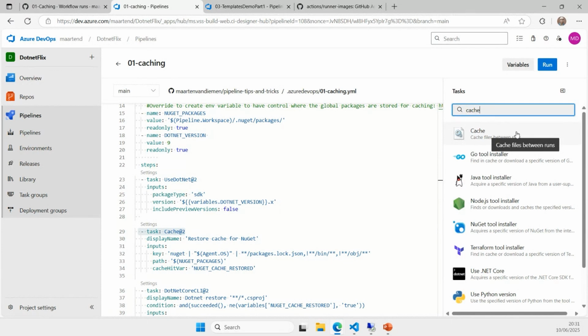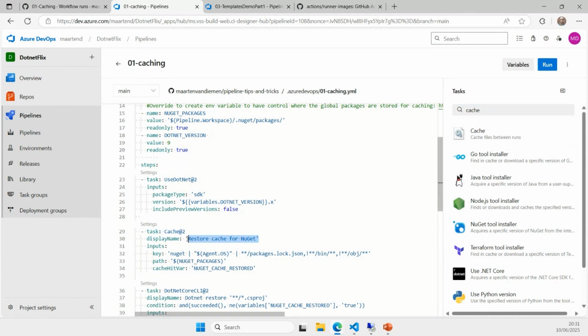It's the cache task, and with a cache task, I can say, hey, I have this set of files in this place on my disk. Please set them apart for me so NuGet doesn't need to download them all again. And I do that with a special syntax, because in the end, we need to tell the task,